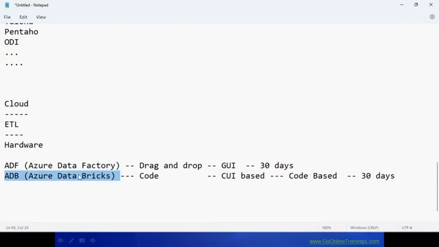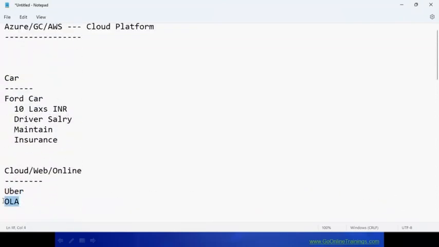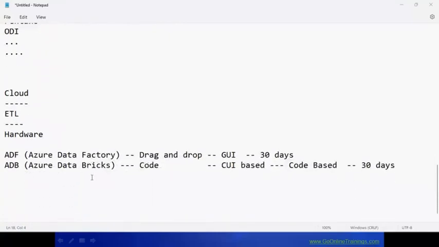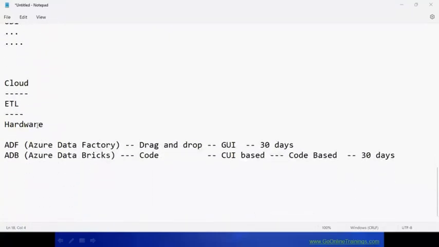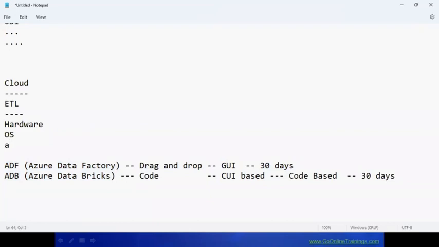For cars we have cloud platforms like Uber and Ola. In the same way, here we have AWS, Amazon Web Services, and we have Microsoft Cloud, and everything is going to come. Clear? Now tell me, you need not install ADF. You need not buy hardware. So no need of installing an operating system, no need of installing antivirus. Everything is